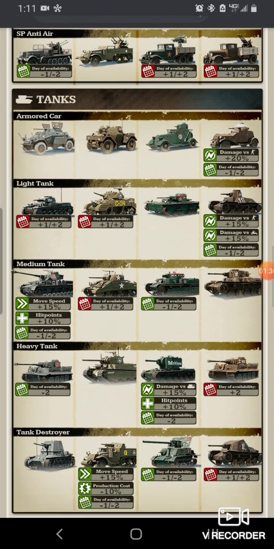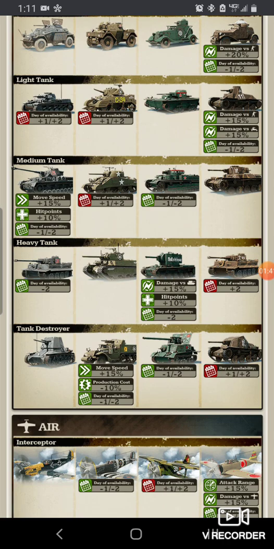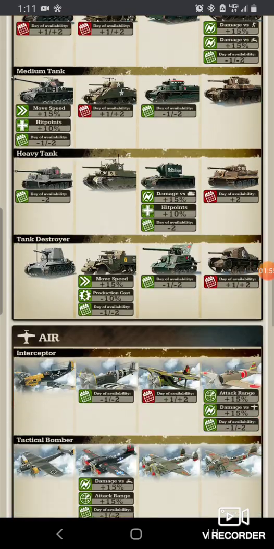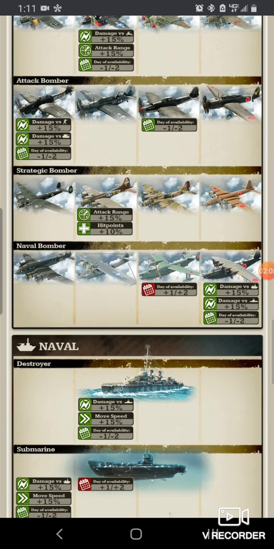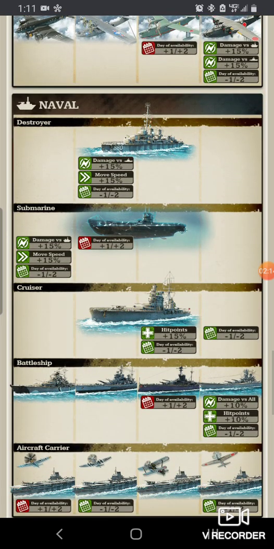probably the best unit and definitely most talked about unit for Axis, and that's the medium tank. It's 15% more speed, so it's going to hopefully get you a little bit closer to being as fast as that motorized infantry. 10% more health, and you get day of availability a lot earlier. I think it's day 2. So go to your air, and they have 15% damage towards infantry, 15% more damage against heavy armor, and a day of availability. I think you get it immediately. But anyway,